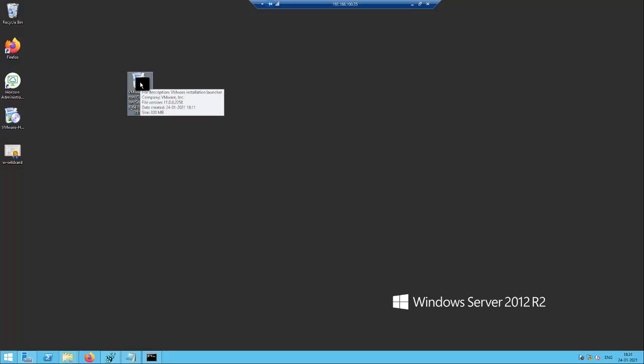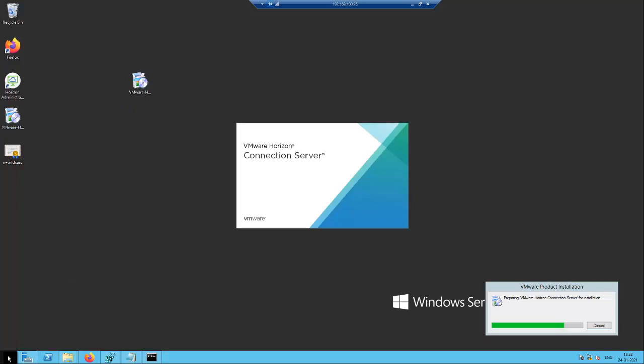Right now it's running the 8.2006 version. Once we have done the upgrade on connection server 1, we can do it on connection server 2.